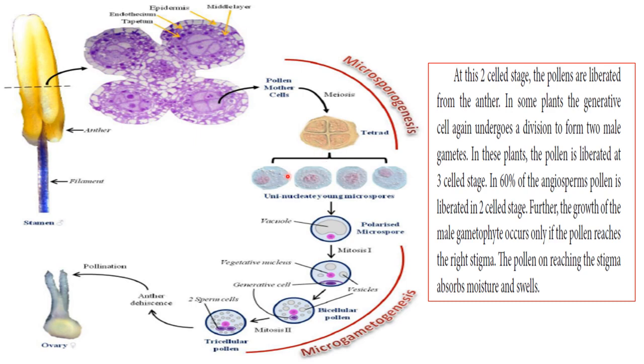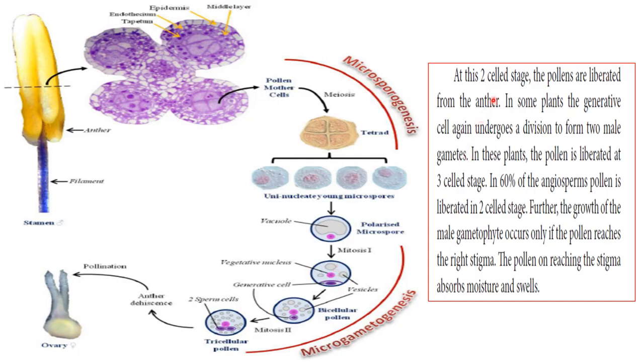And now here we are seeing that each tetrad has a nucleus and a wall. Each then undergoes further development, a central vacuole is formed, and the nucleus of this uninucleate single microspore undergoes mitosis. It divides into two nuclei, the vegetative nucleus and the generative nucleus. But when a layer is formed around the generative nucleus, it becomes the two-celled stage.